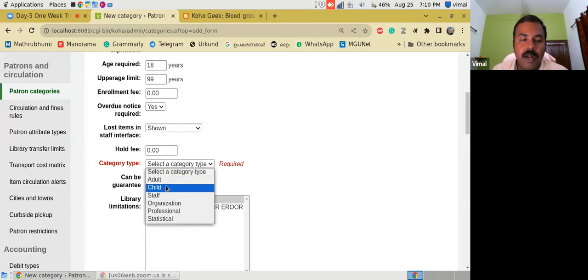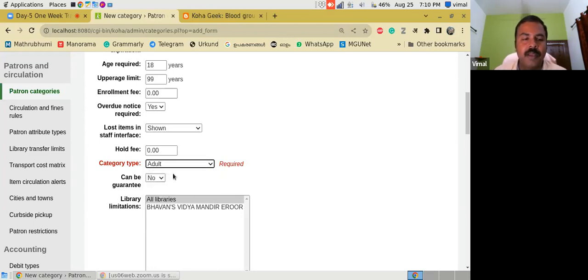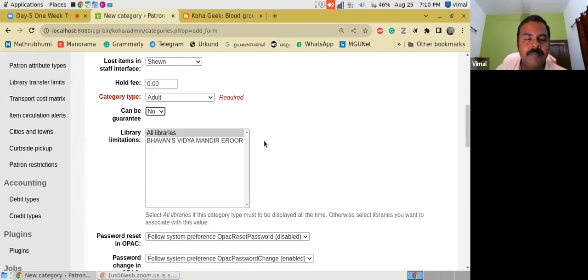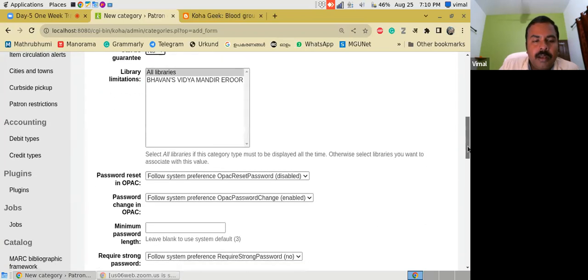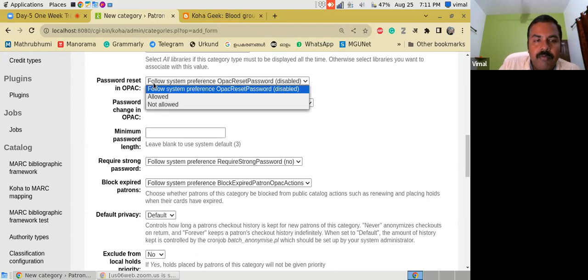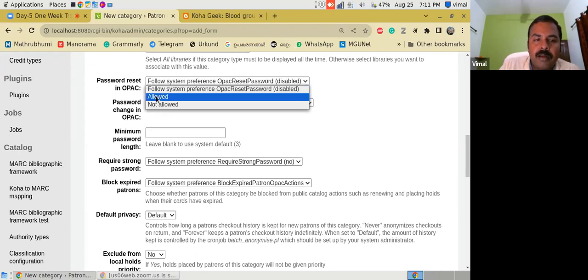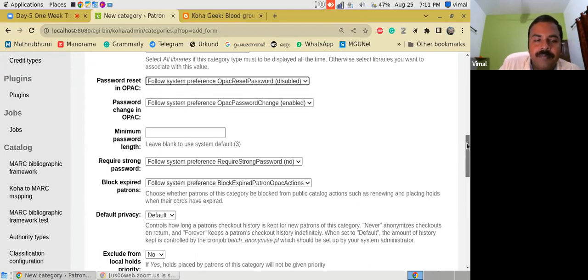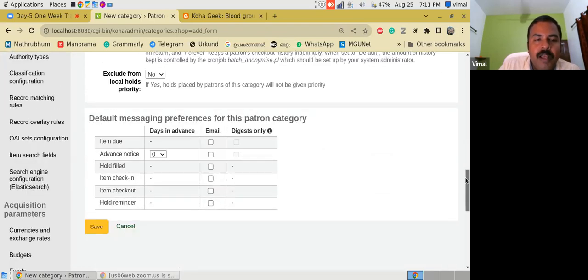Category type, adult. These are hard coded values. We cannot change it. That is adult. Category type adult. Can be guarantee, I am not aware about it. It is a new feature. Then password length: what is the minimum password length? Whether password reset in OPAC. And the last one,